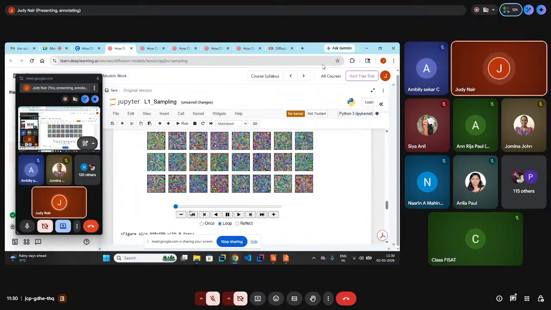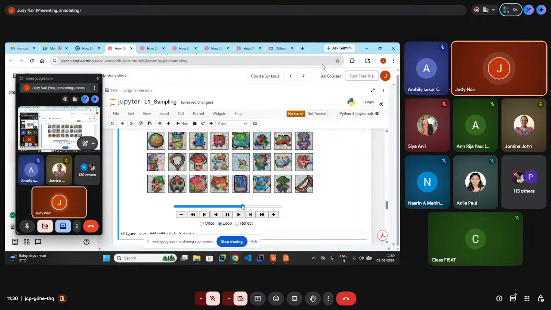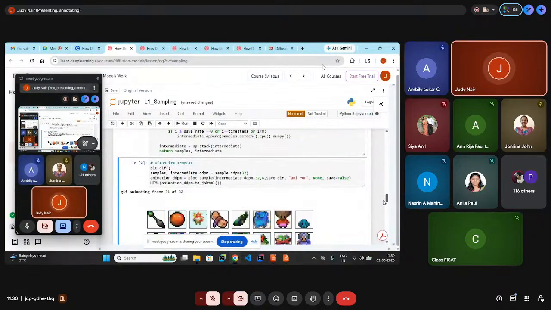You can see how the noise is done here. So it starts like this. This is the training phase. That is the sampling phase, how it generates images. For all the sprite images that we have downloaded, they are just plotting the results which are stored there.